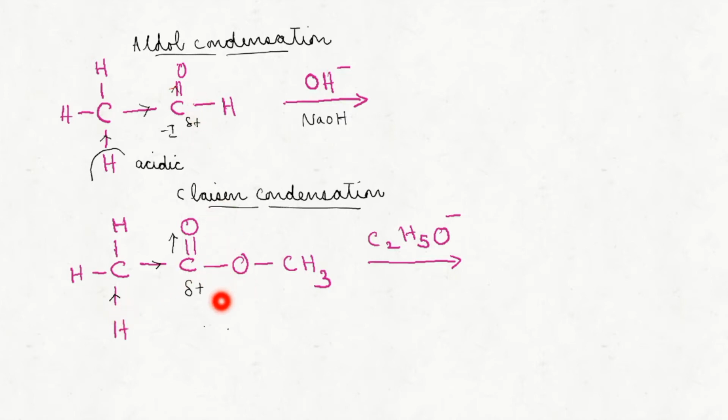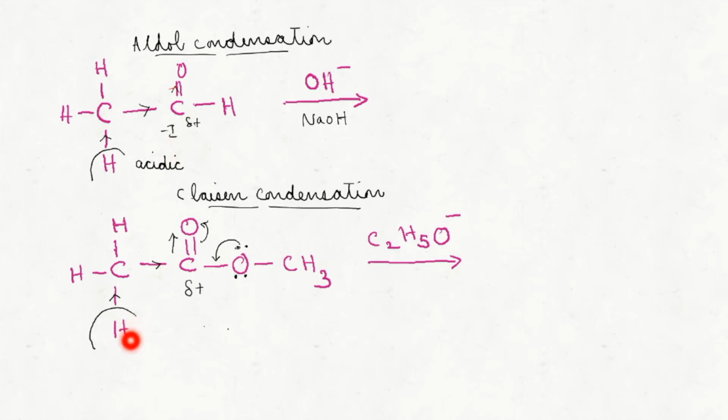Unlike in an aldehyde, in an ester there is an oxygen directly attached to this carbonyl group. The electron pair that is present on the oxygen will be in resonance with this carbonyl group. Because of that, the electron deficiency of this carbon will be considerably reduced. This oxygen is giving electron density to this carbon, thereby the pulling of electron density from the adjacent alpha carbon and alpha hydrogen will be comparatively less compared to that of the carbonyl group present in aldehydes and ketones. Did you get the idea?